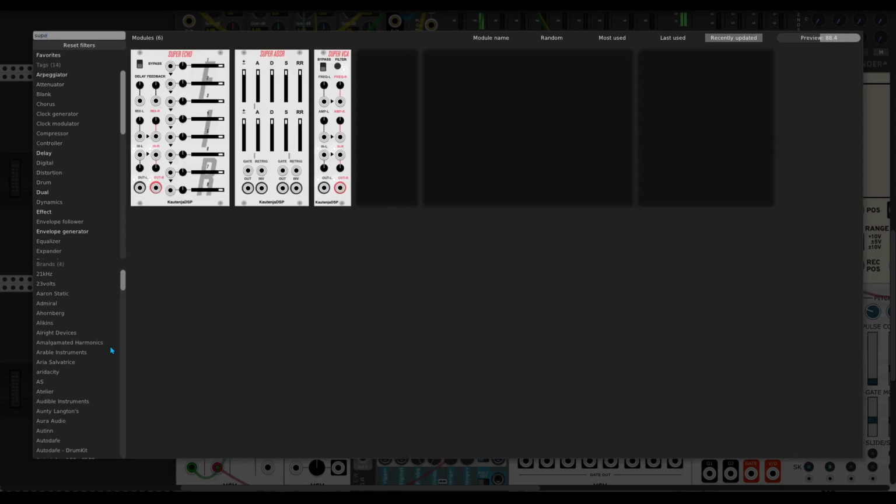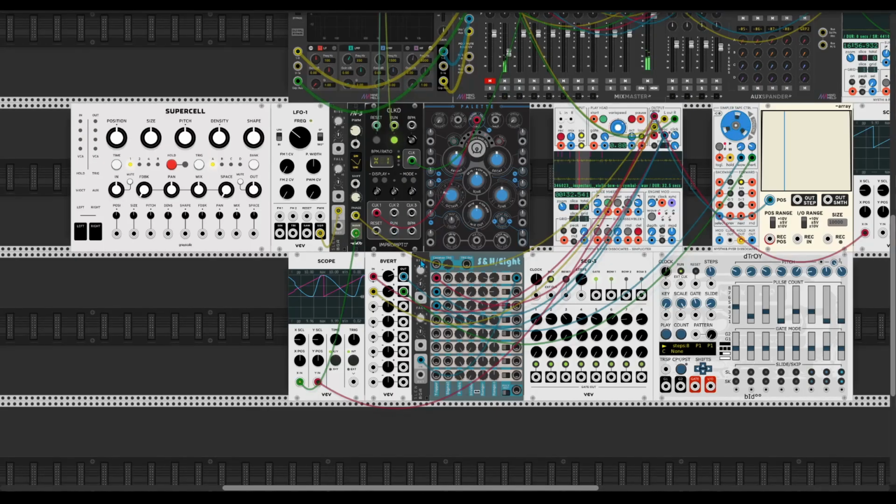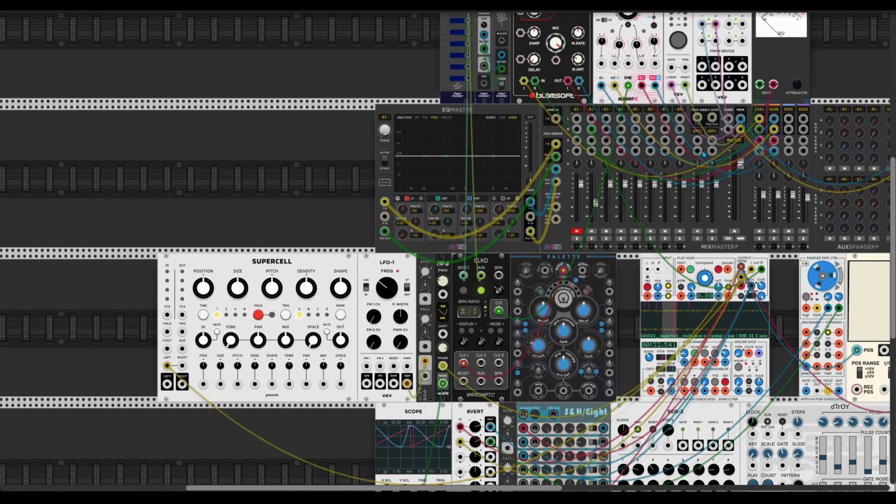Let's apply some Supercell. Let's apply it to the mix control. You can take another one and convert something for the reverb shape,